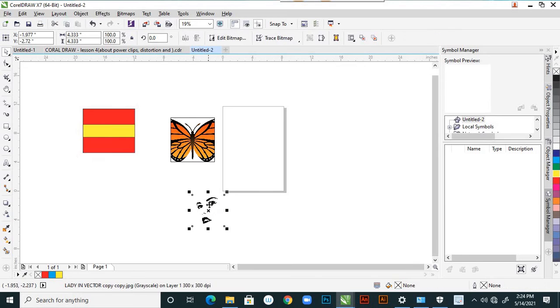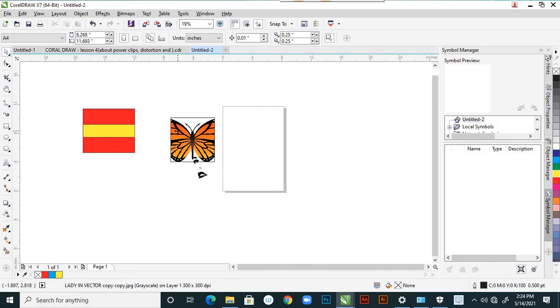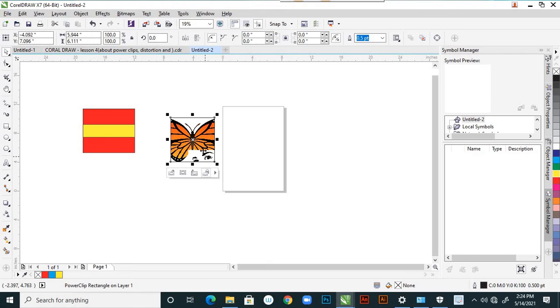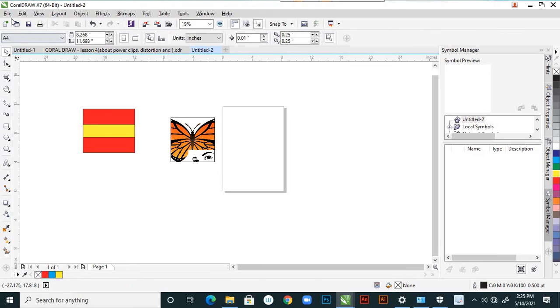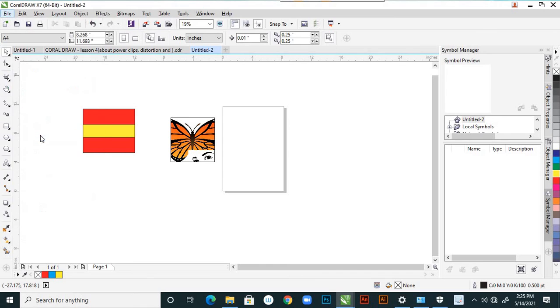Between these two images you cannot apply PowerClips. But here it is applied. The reason is it is there inside one shape. Suppose let us try, we'll take one more import.